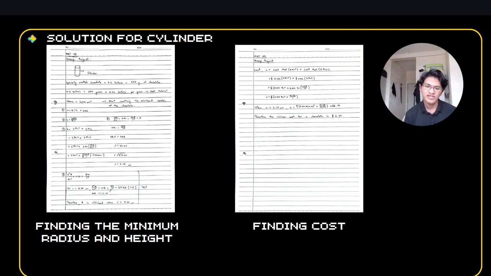From the first step, we can get the height, which is h equals 204 over pi r square. The third step is we can calculate the area, A equals 2 pi r square plus 2 pi r h. From there, we get 2 pi r square plus 408 over r, as shown above. The fourth step is the first derivative, which is 4 pi r minus 408 over r square equals